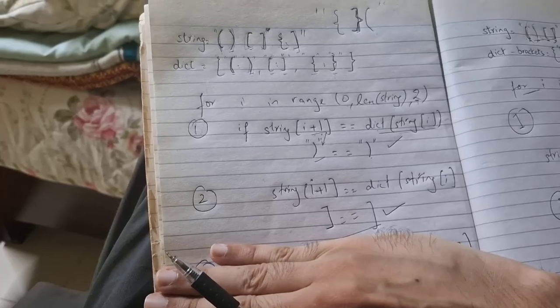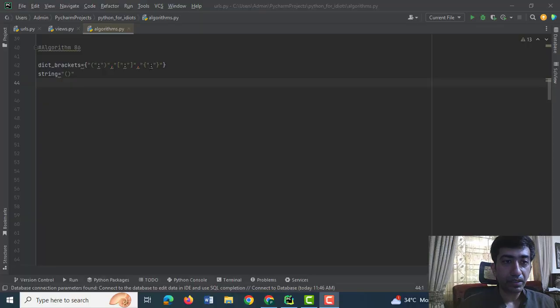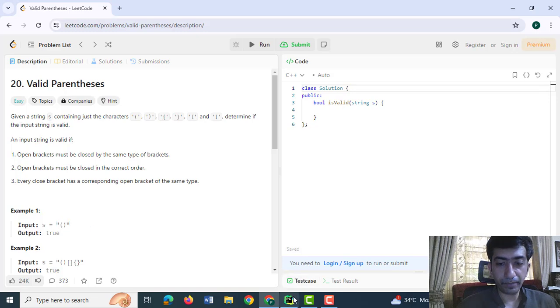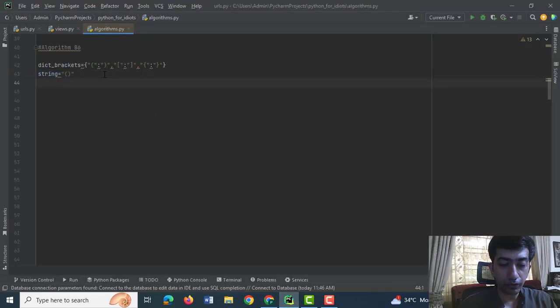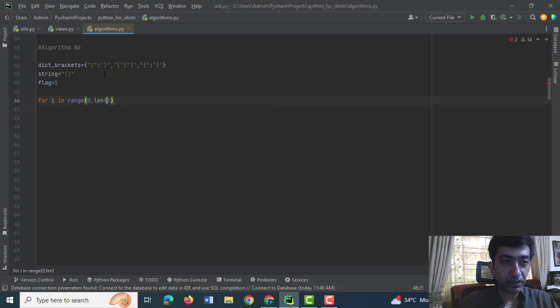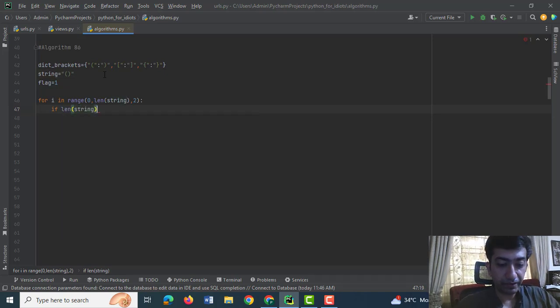Now let's make the algorithm on PyCharm. I have made this dictionary. I have named it dict brackets, and this is the string that has been given to us, opening and closing parenthesis. I would be making use of a flag. Flag is equal to 1, indicating that for now it is a valid string. So for i in range would go from 0 till len of this string. We would use a jump factor of 2. First we would check whether the length of the string is even or odd. If len of string is even,